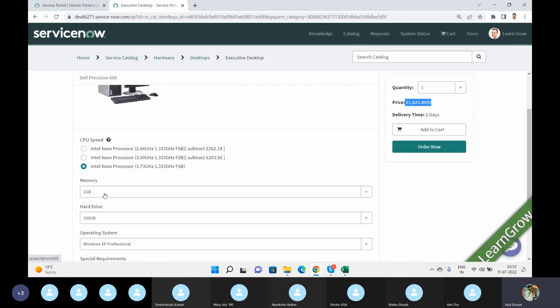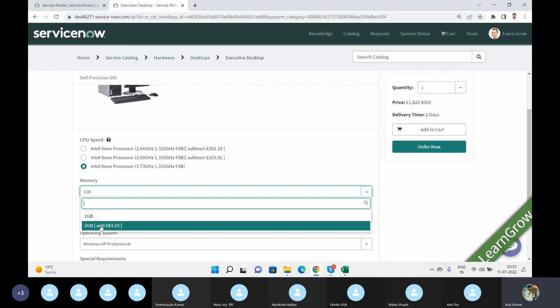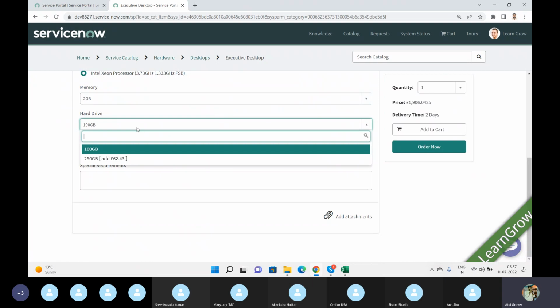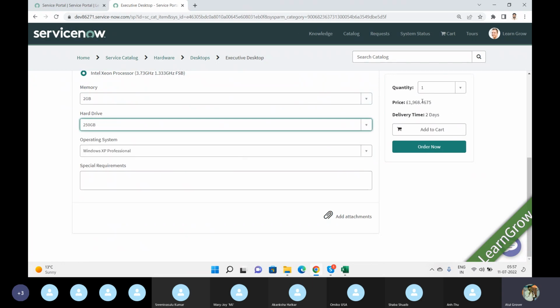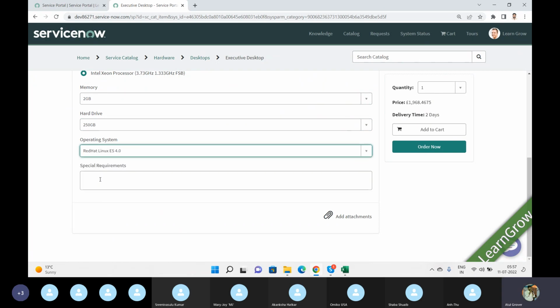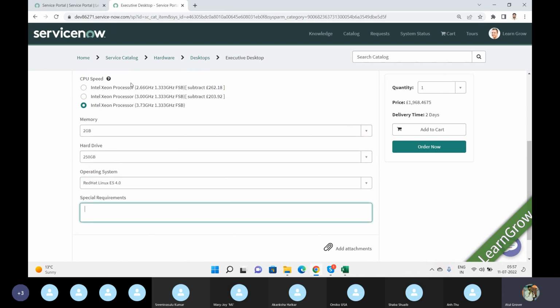You get the option memory. I say I want 2 GB. The rate increased. How much hard drive do you want? I want 250 GB. The rate increased. What OS do you want? I want Red Hat. That's fine. Anything special requirement you have? No, I have no requirement. These 5 options